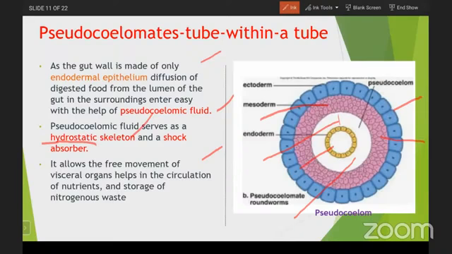It means they have a coelom, but the mesoderm does not cover or occupy it completely. It is occupied on the ectodermal region side only, not the endodermal region side. Okay. Now,